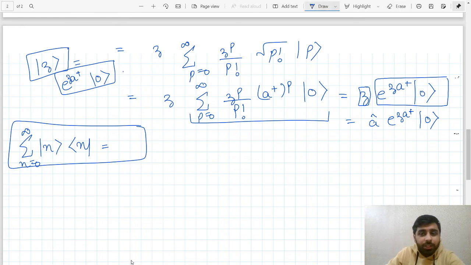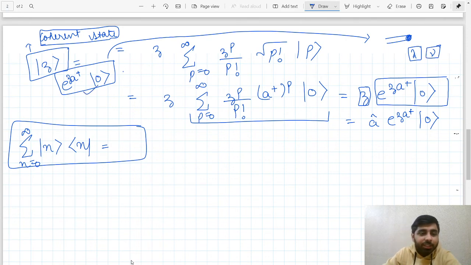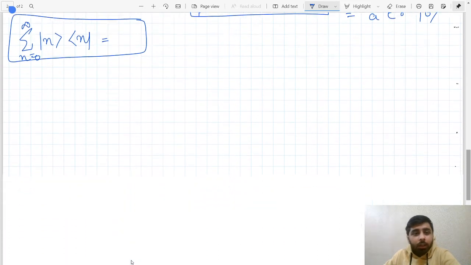So this state, the eigenvector of the annihilation operator, is known as the coherent state, and the reason it is called a coherent state is particularly interesting. This is the wave function, or the state more precisely, of a beam of light going with a fixed wavelength and frequency, obviously. So a perfect monochromatic beam of light is represented by this state in quantum optics. But that is not the point.